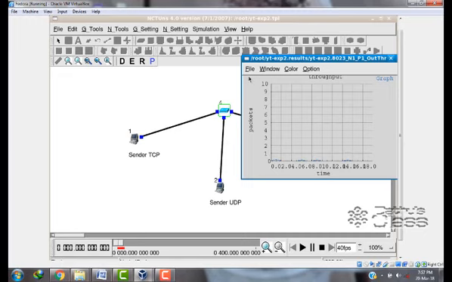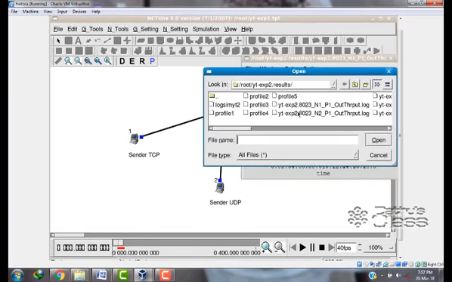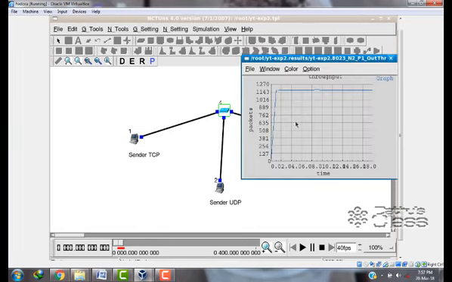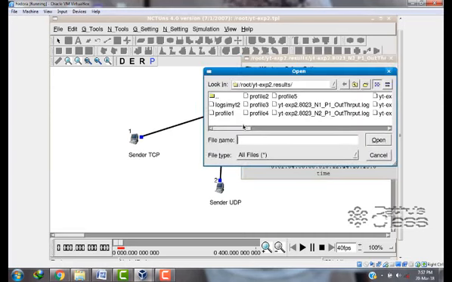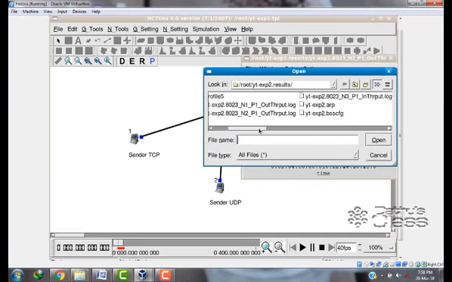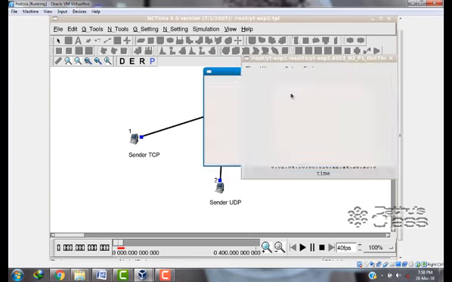In the similar way, if we see the graphical statistics of from sender 2 to hub 4, so select N to P1 out throughput. See here, it is exponentially growing, and after 1 second the traffic is almost constant. So now you shall see the behavior or data transfer pattern from hub to the router.